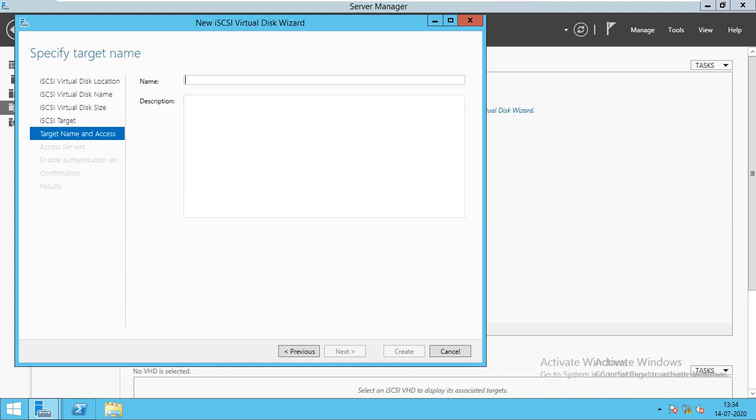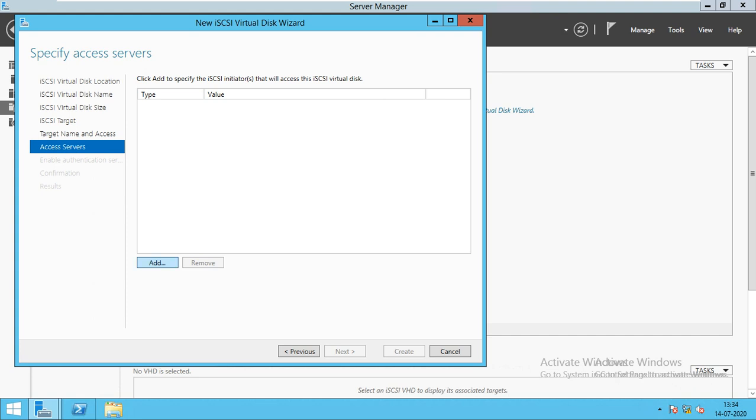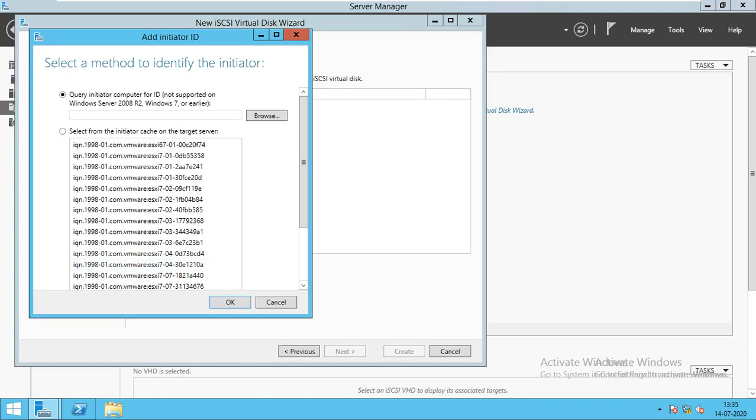The name we'll give is compute storage. We'll go for the next. Yes, we'll add the servers which we have.